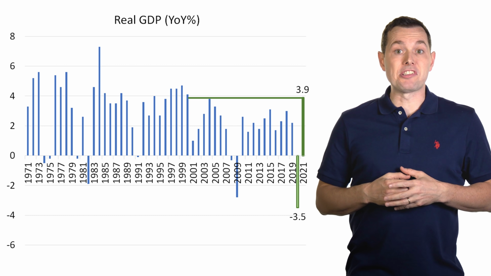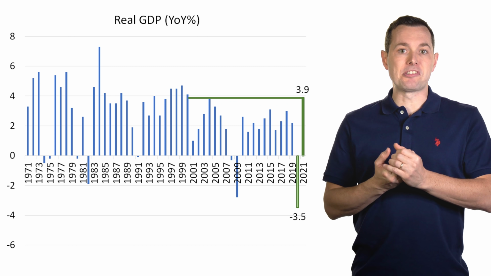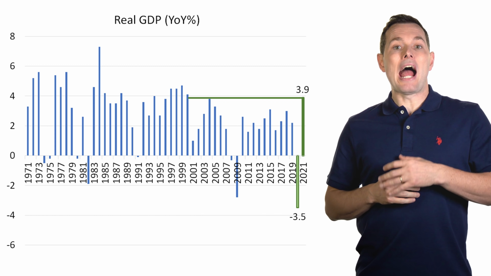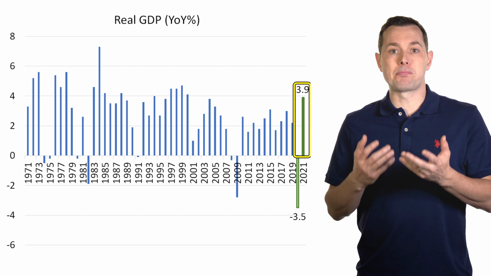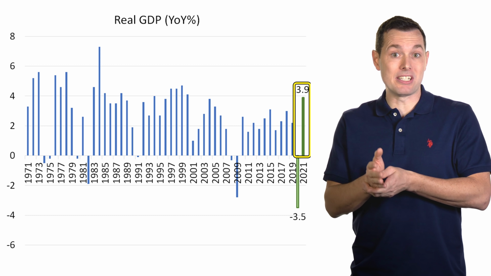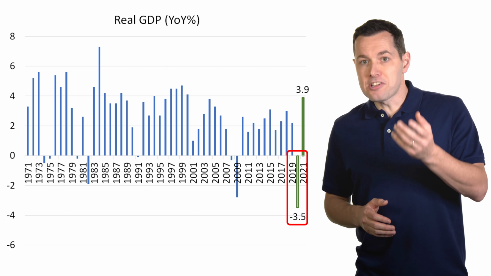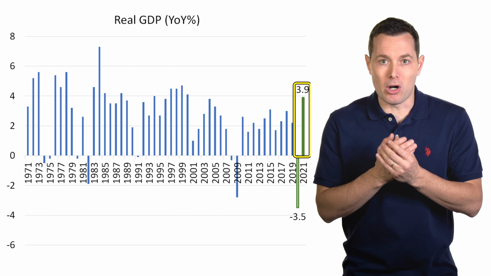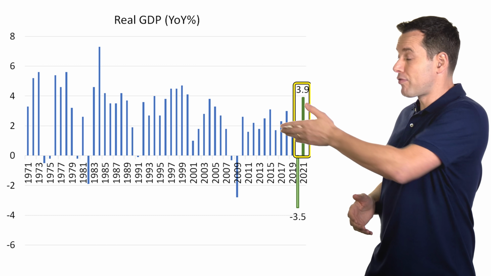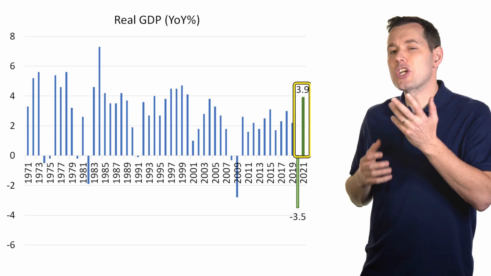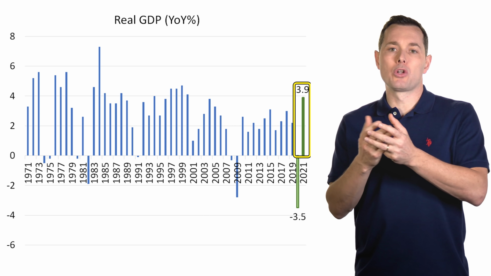Now, for anybody who watches the stock market on a regular basis, we probably realize that oftentimes the stock market moves not necessarily based on what's actually happening, but on expectations. This is pretty much the only way to explain why the stock market is up as high as it is right now, given that the actual numbers are way down here. So clearly 2021 is expected to be a positive number, and these expectations are a good thing, as we can see from the past 20 years. And I can logic out how they're up so high. We are coming off of a very bad year, so year over year numbers are going to look pretty good.